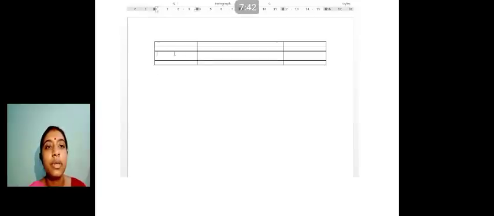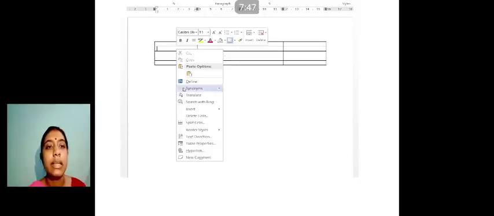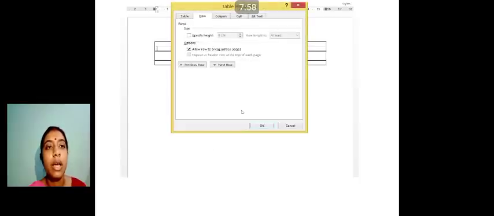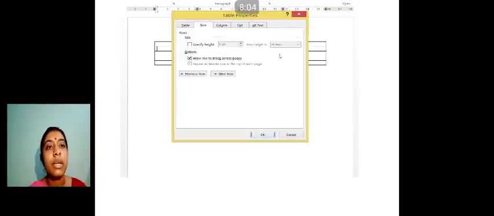As it is a table, I have gone on any cell, any cell you can select, then right click, click on what? Table Properties. Yes, when you click on this, a dialog box will appear like this. Now here, as I have told you earlier, these options are not available right now. So I have to click on Specify height. Now it is highlighted, it's checked. So now from this scroll button I can increase or decrease.